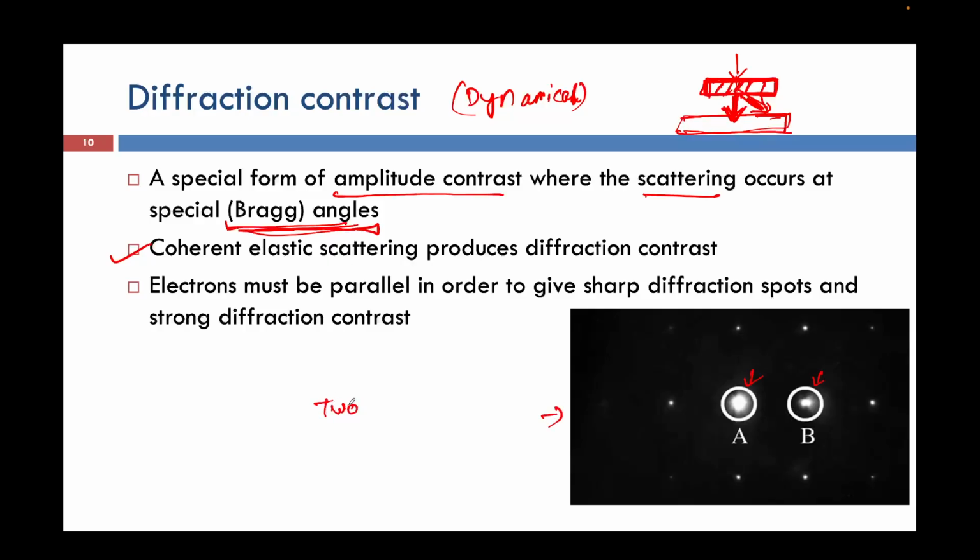So this is what is known as the diffraction contrast, and here this is a two beam condition. So just a second. Okay, so this is a two beam condition. So two beam condition means what, and why have I said that the diffraction contrast that I am talking about is dynamical? Dynamical diffraction contrast, when I am talking about, that means